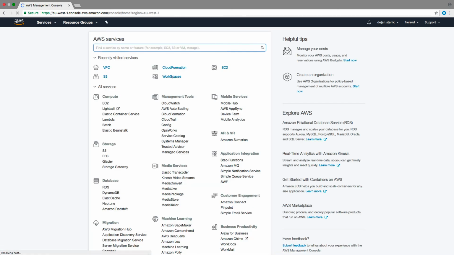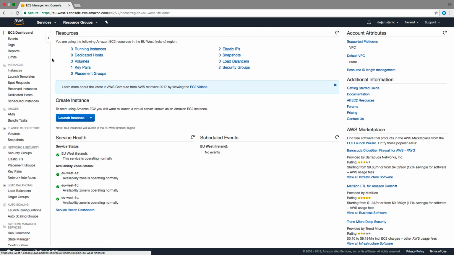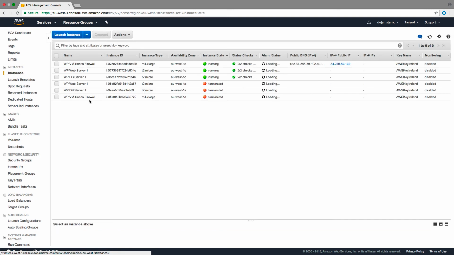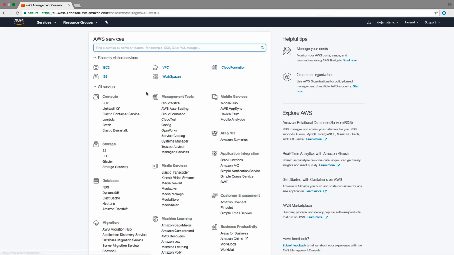Now we will go back and select EC2, and there we will look into instances. And when we look into the instances, we can see that we have up and running Firewall, web server, and also database server. With this, we have concluded successfully deployment, and now it is a time to go back to